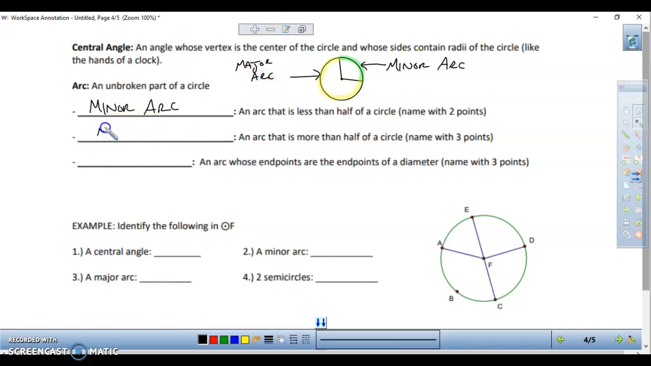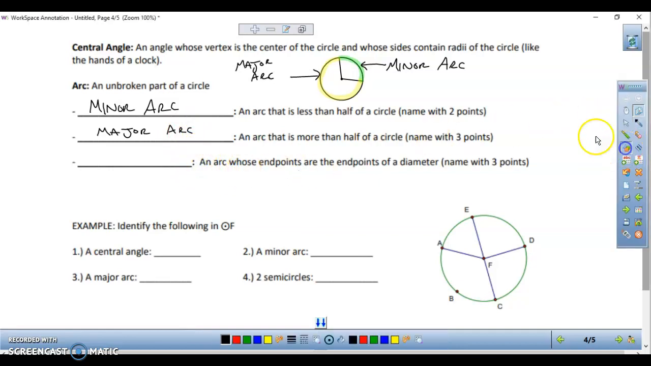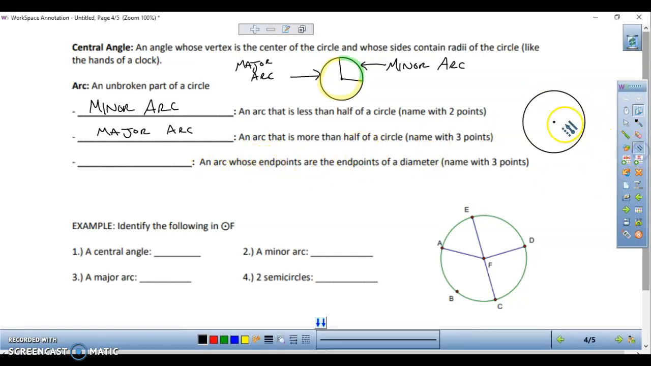So this is a major arc, more than half the circle. And then the last one, you guys, I know it's still an arc, but we don't have arc in its name. You guys probably know this. But when you've got an arc, and let me just draw another circle here so I can demonstrate this, when you've got an arc whose endpoints are the endpoints of a diameter,